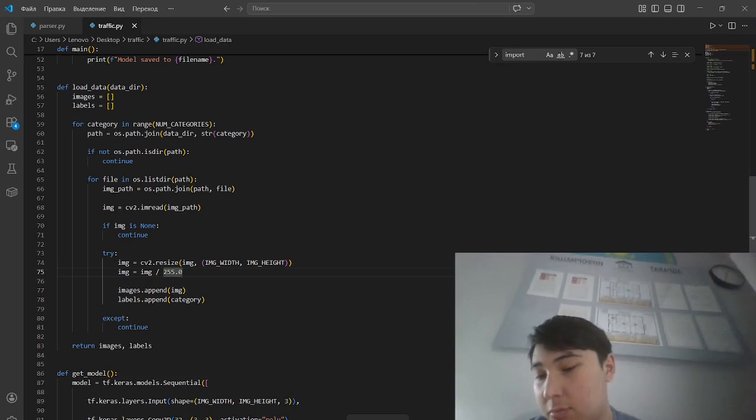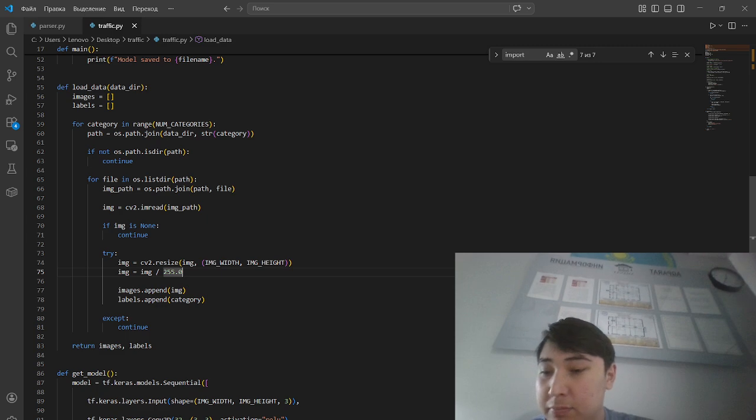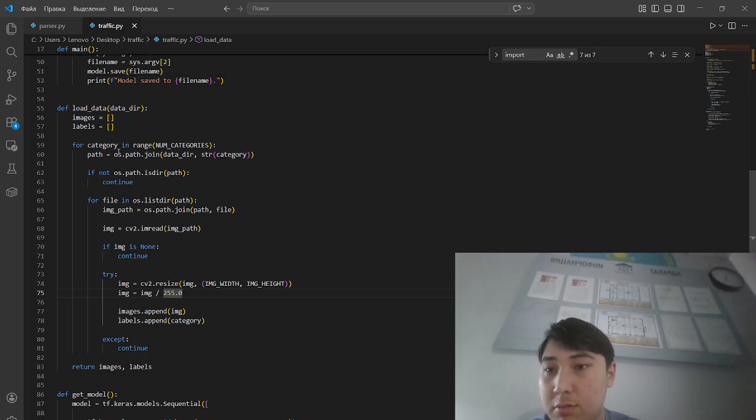So the first task is building a neural network to classify the traffic signs, and the second task is creating a parser that analyzes sentences and extracts noun phrases. First, I will explain the main function in the program. In the traffic sign recognition task, in the main function,